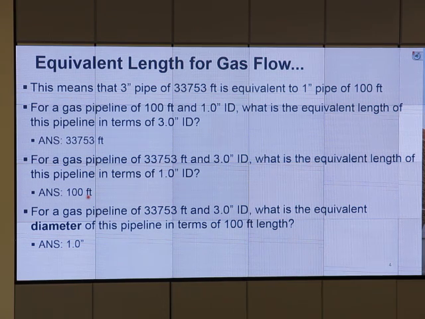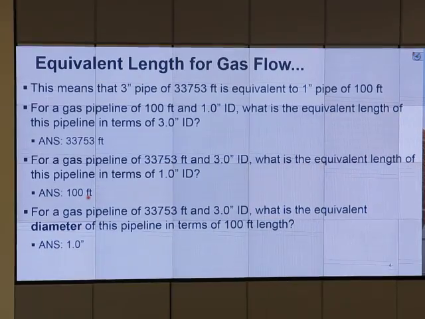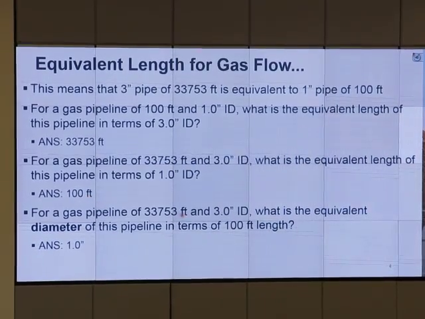Okay. So 33,000 feet of 3 inch is equivalent to 100 feet of 1 inch. And it should be equivalent to something longer than 100 feet for the case of 2 inch. Make sense? Okay. So now you can answer the equivalent length problem, right? So next to you, Marcos. Okay. So for 100, okay, let's take a look at